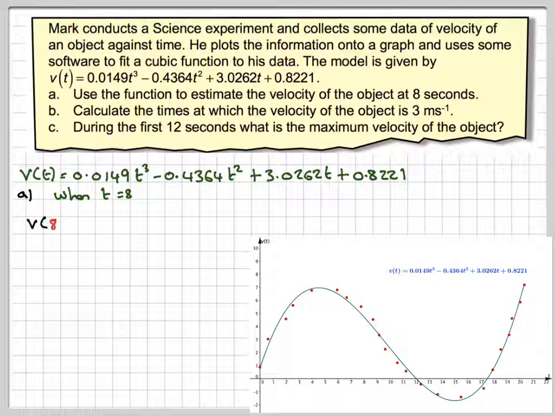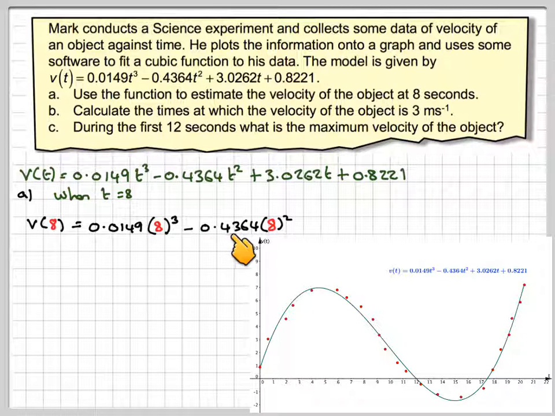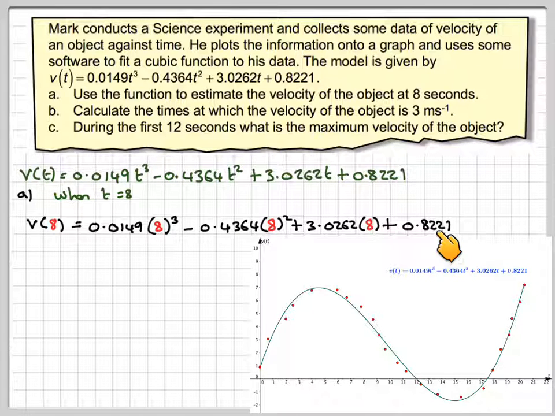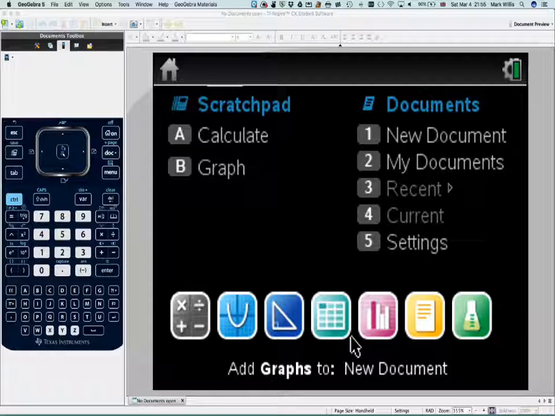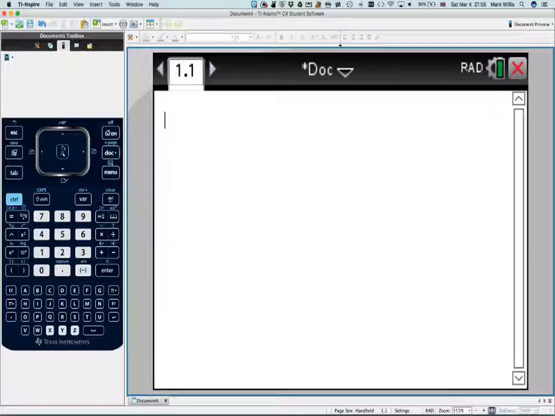So when t is 8, I need to do v of 8, which is 0.0149 times 8 cubed minus 0.4364 times 8 squared plus 3.0262 times 8 plus 0.8221. Using my GDC, so going to my GDC now, I'm going to a calculation mode and then typing in the function. You have to be very careful typing in exactly